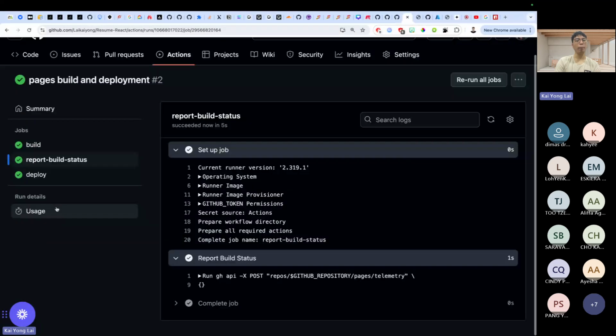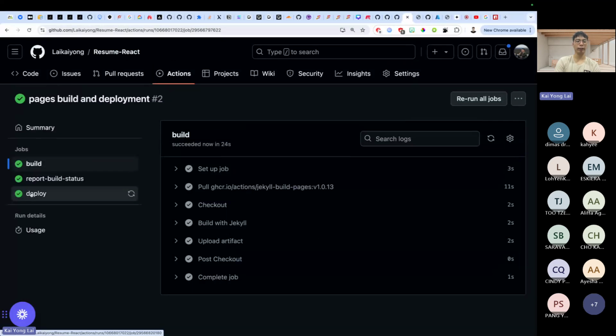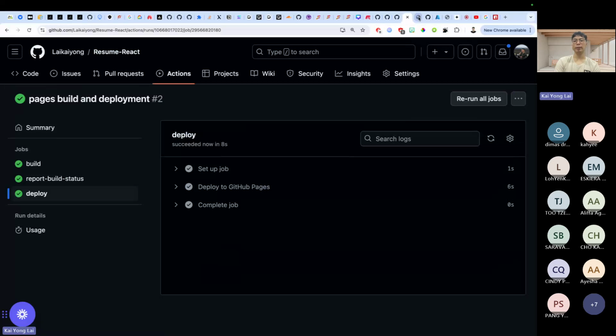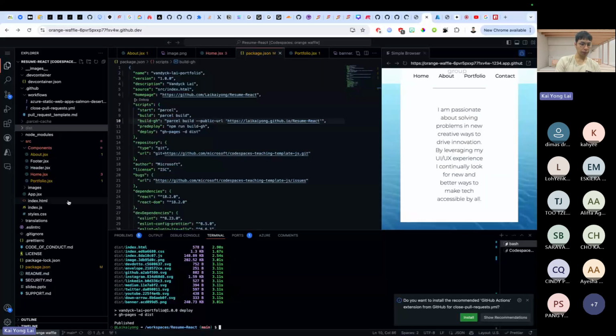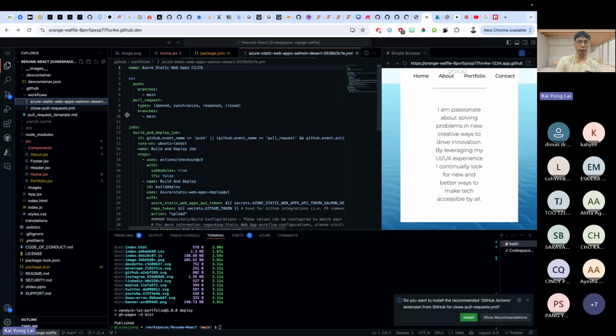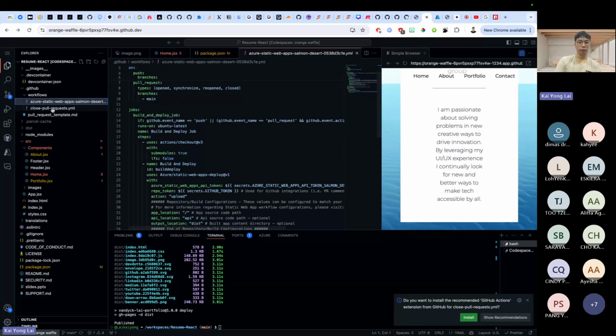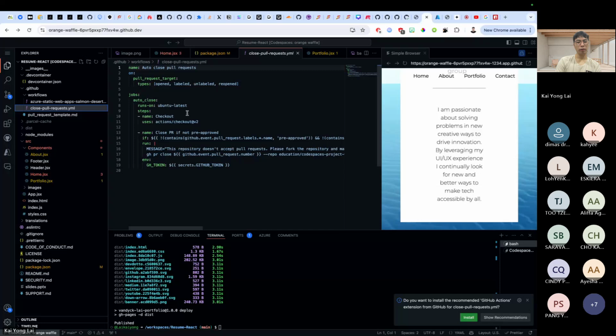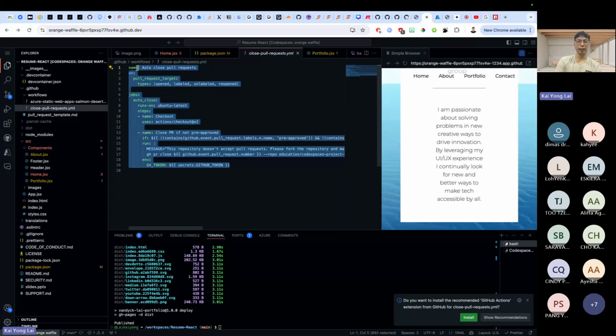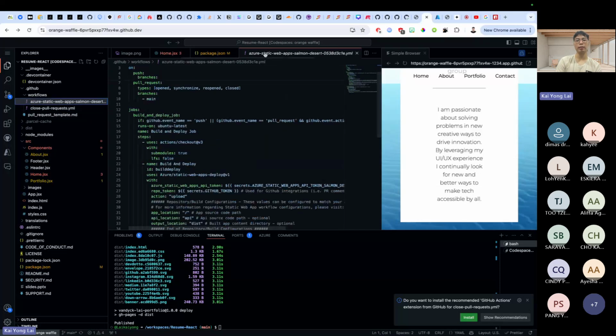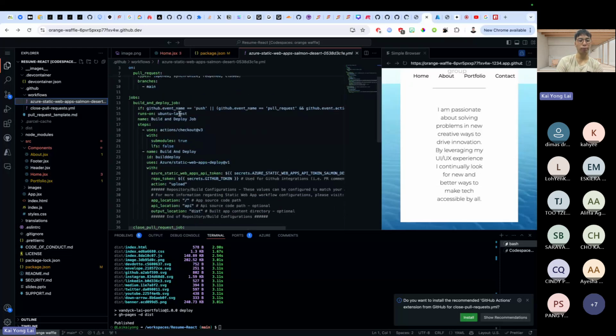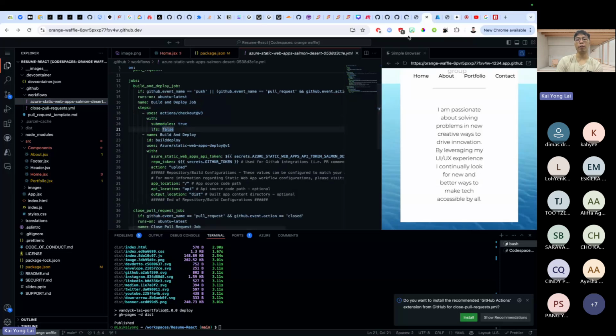And then normally the phases will be like having a build and a deploy, that's all. Yeah, but this is basically how you can specify. I'm not sure, do they include any YAML file that talks about how the process works here. Close pull request. Yeah, it's something like this. Maybe this explains. Okay, this is when I deployed the Azure Static Web Apps, right? You can see here there are two jobs that are specified, build and deploy jobs, and you can specify what the steps are. Which, if you refer here,